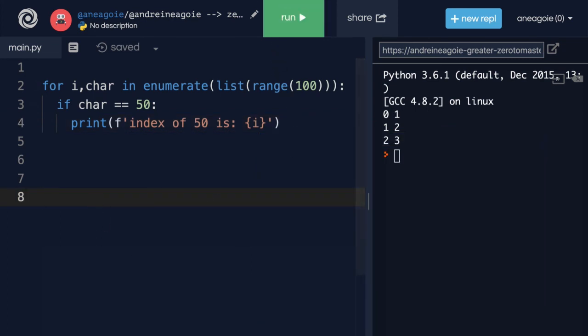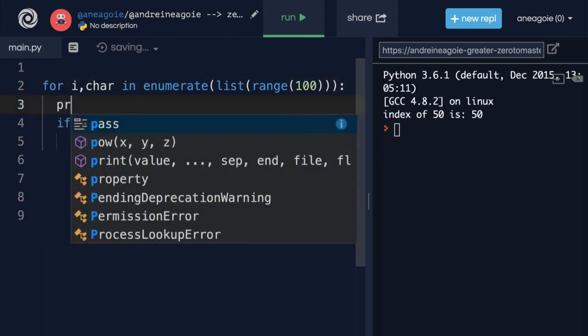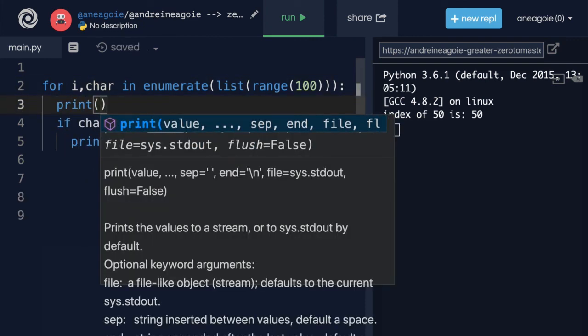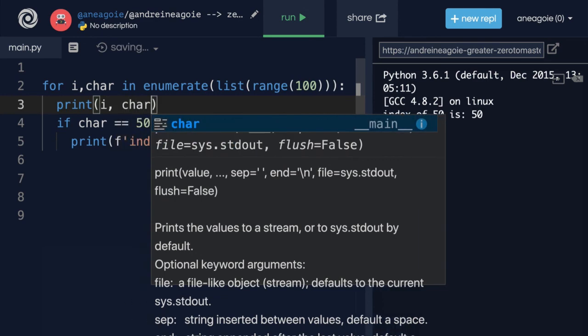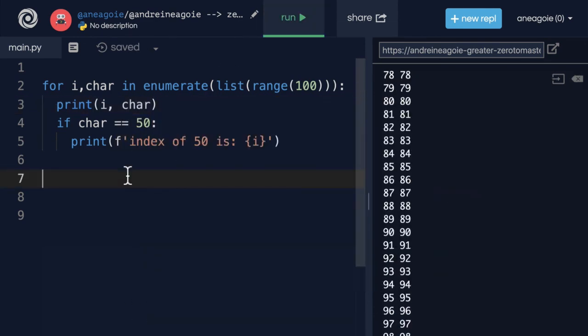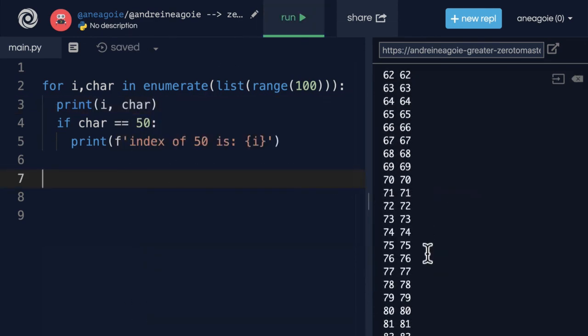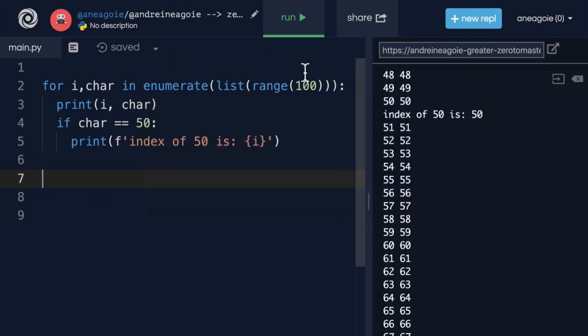So that if I run, I get index of 50 is 50. And just to confirm, if, for example, I just print here, and let's say print i and character, I click run, we see that, yep, we have the indexes the same as the numbers.